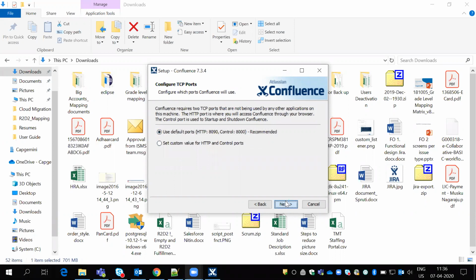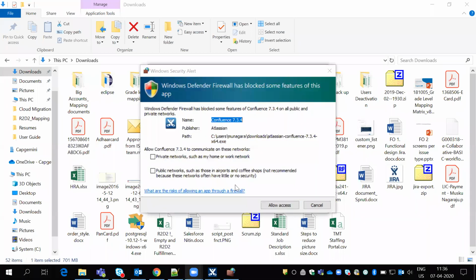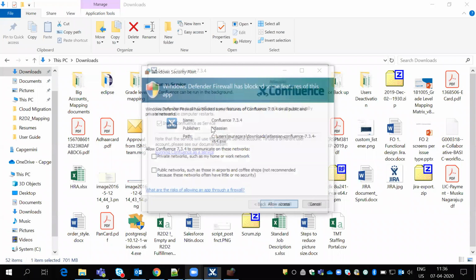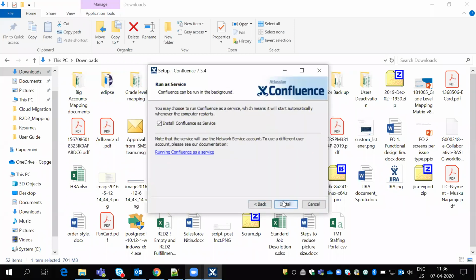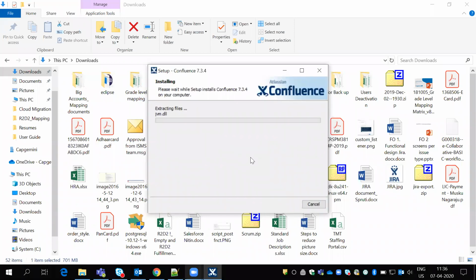Click next. The next option is to install Confluence as a service. Yes, click install.